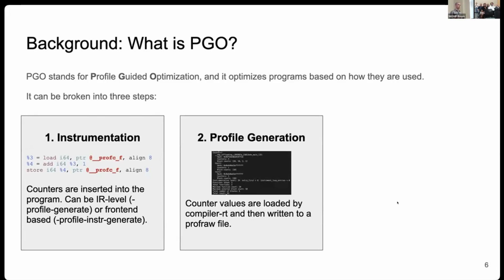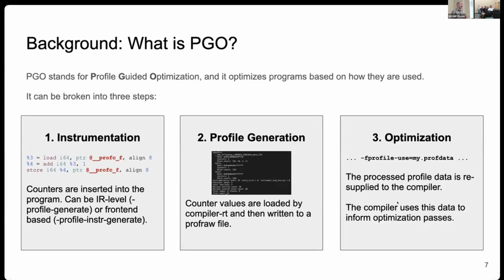The next step is profile generation. This is the part where we run the program and collect the data related to the counters we created. This step is performed by the compiler-rt profiling library, which is responsible for gathering the data from the counters and writing them to a profile file. We can then use this profile file with llvm-profdata to create a profdata file, which then leads into our next step, optimization. This is the part where the compiler actually uses the data to make informed decisions about how to optimize the code. PGO data can impact things like block placement, inlining, indirect call promotion, things of that nature. This is where we're supplying the data via -fprofile-use, and the optimizer's sensitive passes are doing